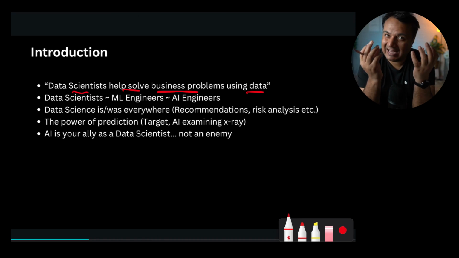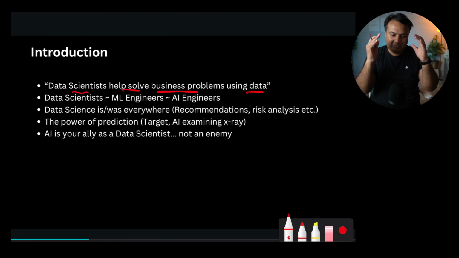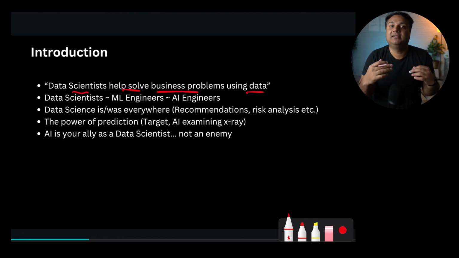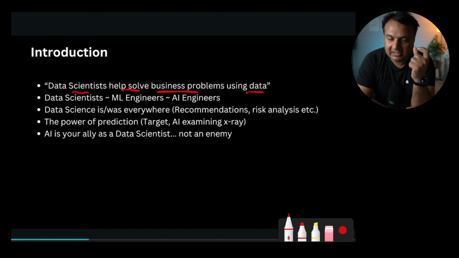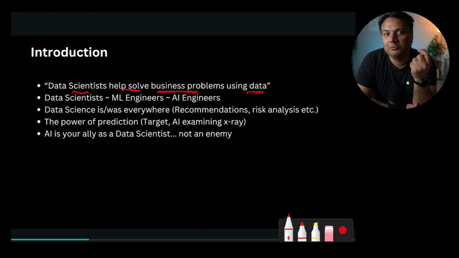And since this is more of a problem-solving thing, there is no clearly defined roadmap when you become a data scientist. Okay, do this, then the next step, the next step. Problem solving doesn't work like that. Problem solving looks like you have a problem, you have no clue what will work. You have some approaches in mind based on your prior experience, and then you try; some will work, some will not work, and eventually you will come up, hopefully, with a working solution.